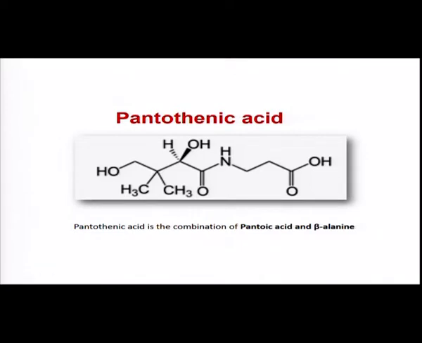pantothenic acid, and this is the structure of pantothenic acid. In the previous session I gave a very preliminary introduction on pantothenic acid. It is basically two different chemical components connected together. You have the beta alanine structure, and alanine is a simple amino acid, a hydrophobic amino acid. Although it is a linear aliphatic amino acid, you have the amino group over here as you see there, and then you have the